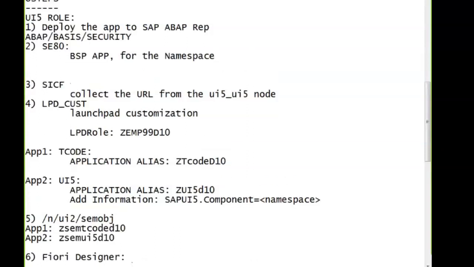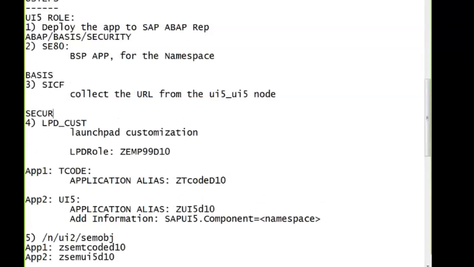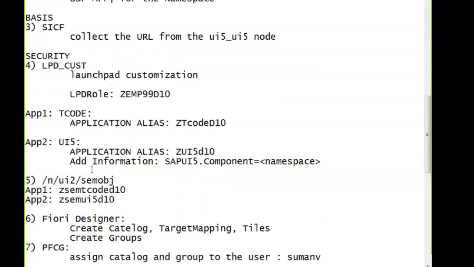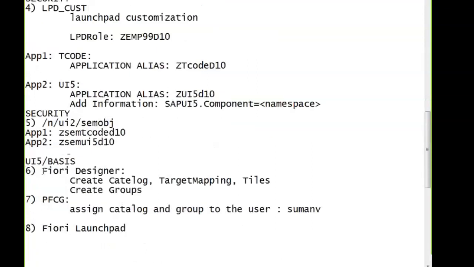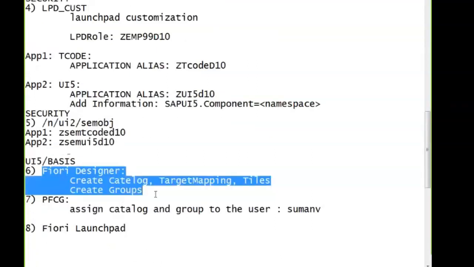SICF is purely a basis role. LPD_CUST is purely a security role. Semantic object, a security role. Fiori designer, here comes the UI5 or basis role. So a UI5 developer can also have an understanding of the Fiori designer.